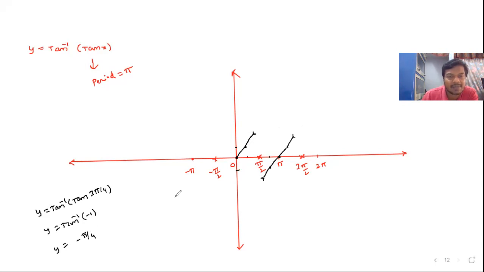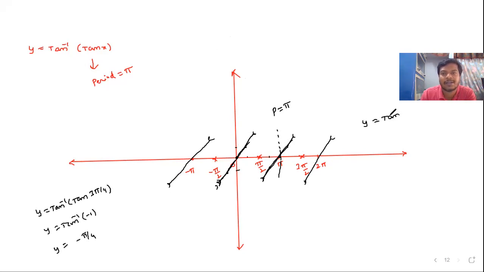Next, when you write minus pi by 4, then tan inverse of tan of minus pi by 4, that is tan inverse minus 1, again minus pi by 4. When minus pi by 2, it is not defined, right? Actually, this is the graph. Up to pi, this is periodic, right? Therefore, the same graph starts here. And then you can extend like this. This is the graph of y equal to tan inverse of tan x.